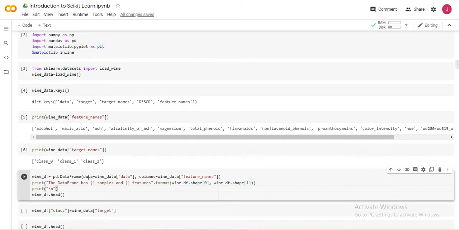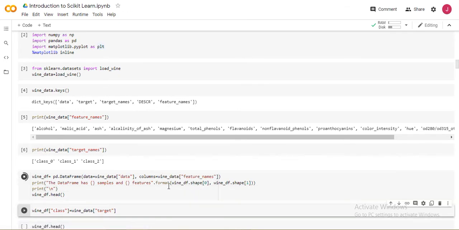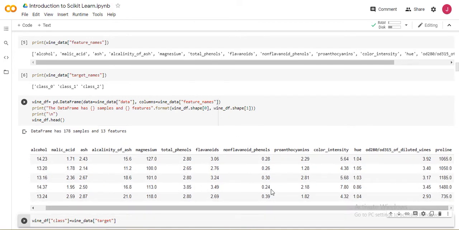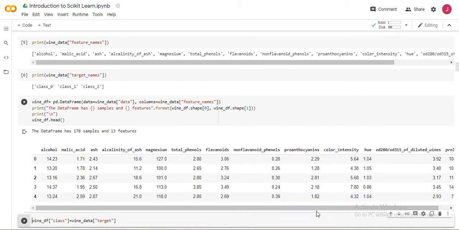After looking at that, we'll create a data frame from pandas. To create a data frame, as we have learned in the previous class, you have to pass in the data parameter, all the features, and in the columns parameter, you can pass the feature names. Here you can visualize it. The columns are shown by the feature names, and their values are in rows. And here you can see we only have the 13 features and 178 rows,